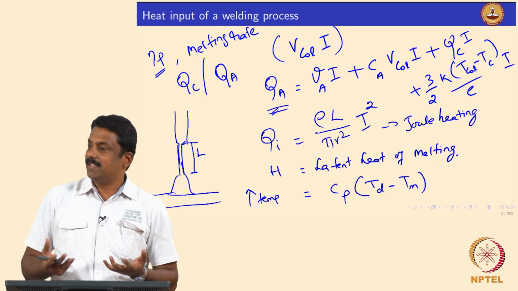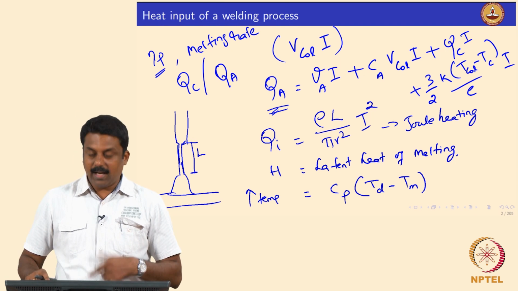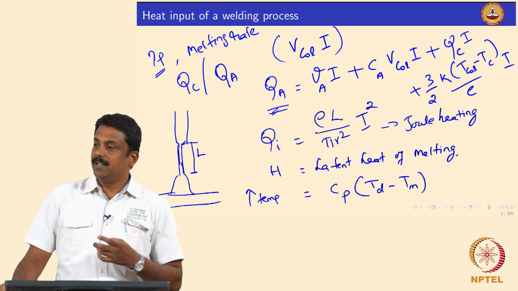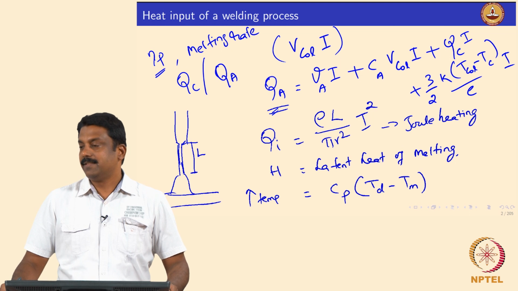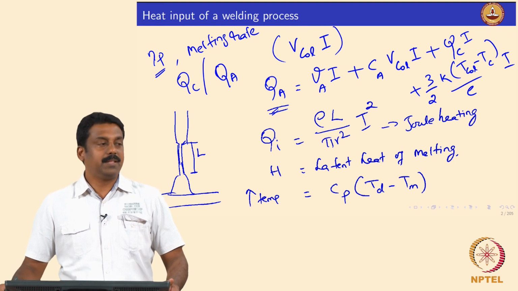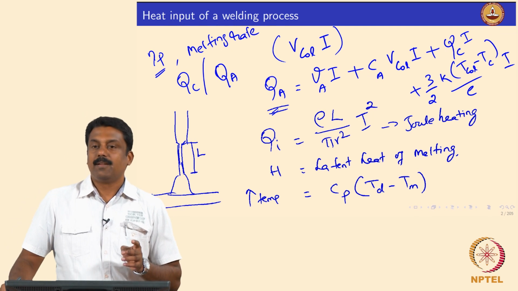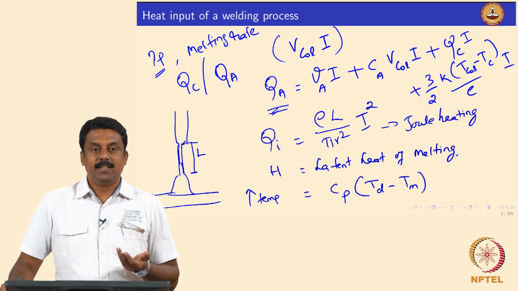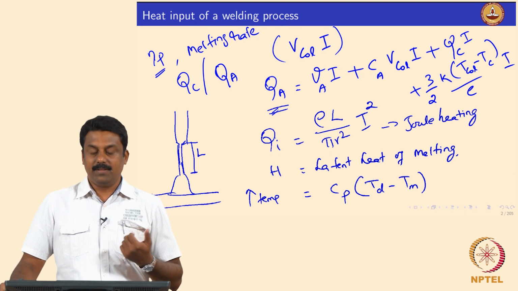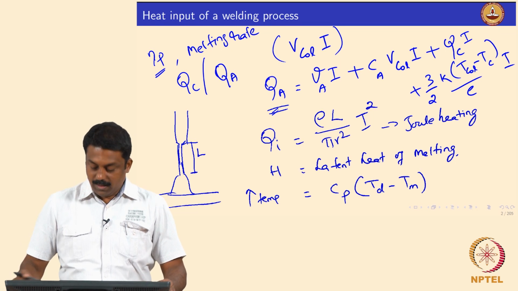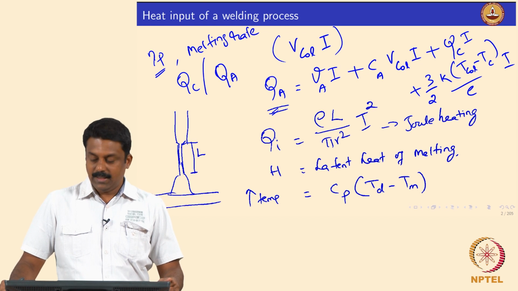There is no other heat, there is no other consumption, only these four. So latent heat can be positive or negative. When some systems melt, they can release heat, so it is exothermic and this term becomes positive. But in most cases, we supply heat for melting, so it becomes endothermic. So it can be either positive or negative. So by adding all these four, we can calculate the melting rate, right.